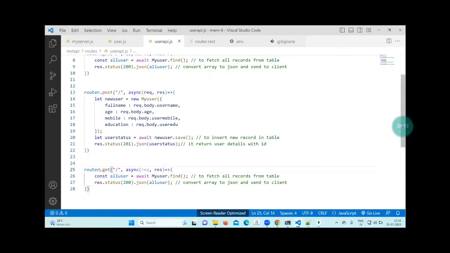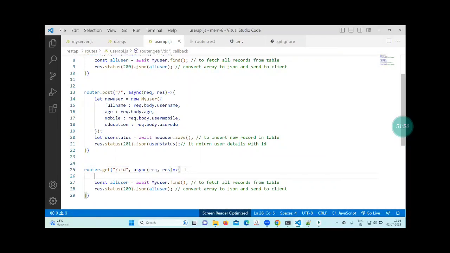Now router.get with :id. We are going to send one particular user ID, and based on that ID we will fetch the details from the database and display them to the user. Here async and await are both required, and request and response will both be there. But first we have to find the particular user ID sent by the client. So we write const userID equal to